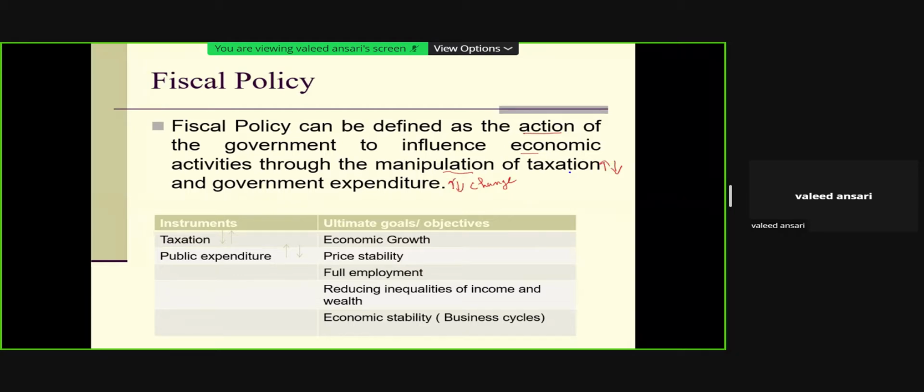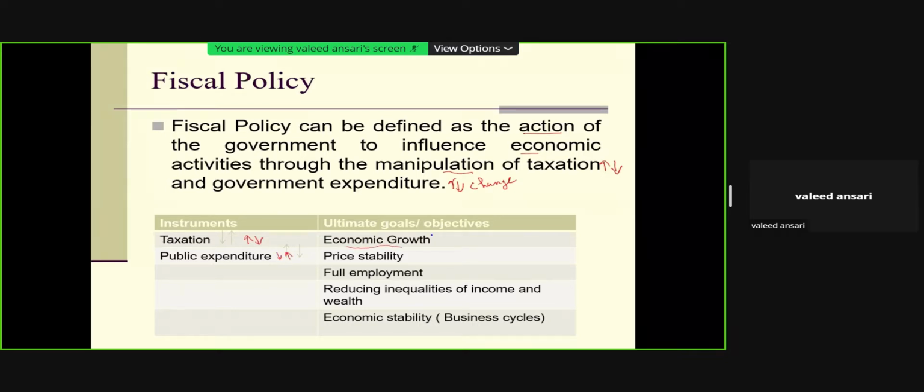Depending upon economic condition, the government can increase taxes or decrease taxes, and can increase or decrease government expenditure or public expenditure. And the objective for these changes, as it is shown here, is to cause an effect on